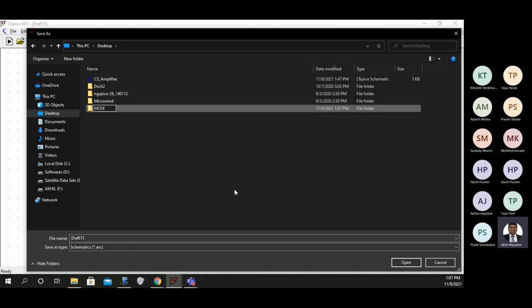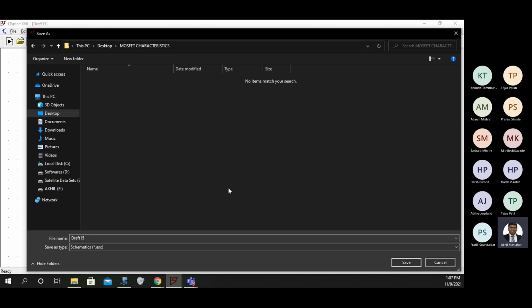So I'll write MOSFET characteristics. And inside this you can write NMOS.